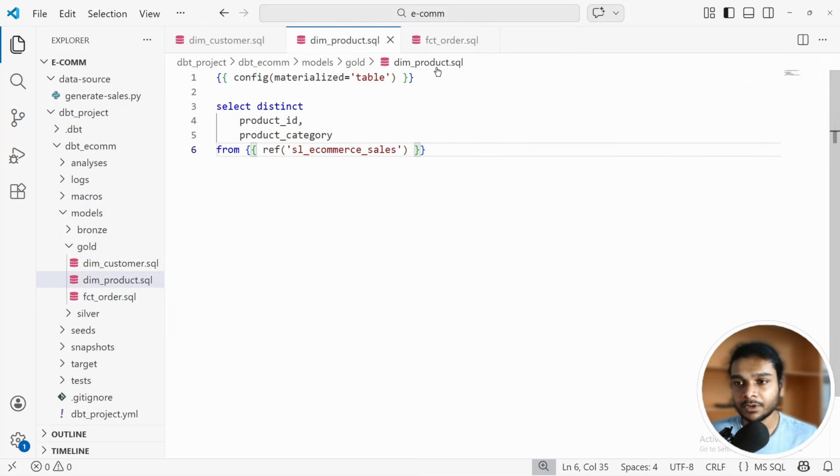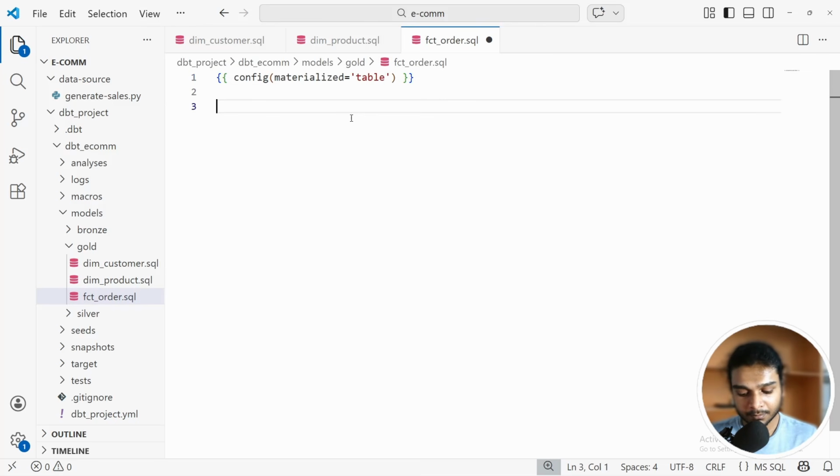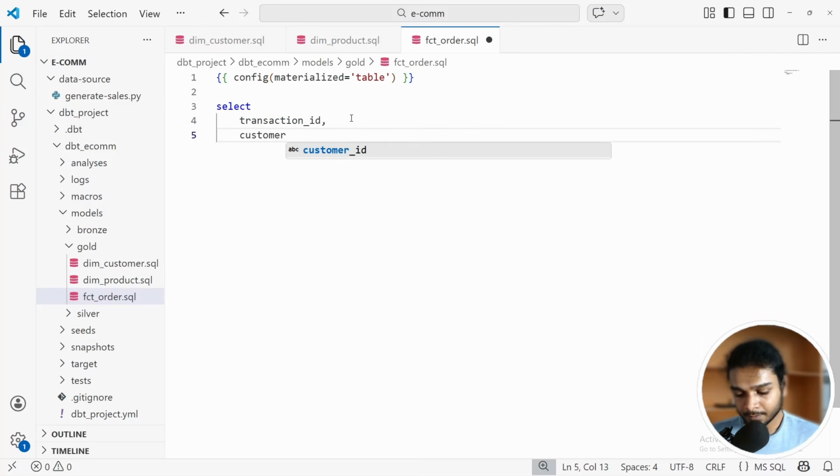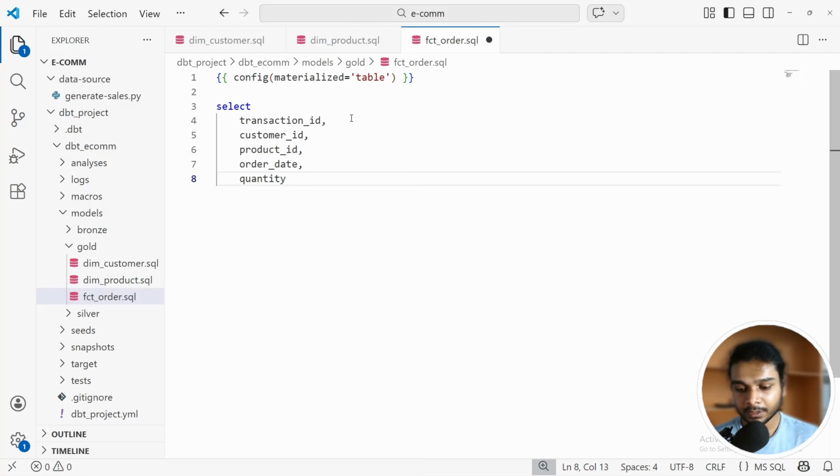The same configuration, we're going to materialize it as a table, and then select transaction ID, customer ID, product ID, order date, quantity, price, and quantity times price as